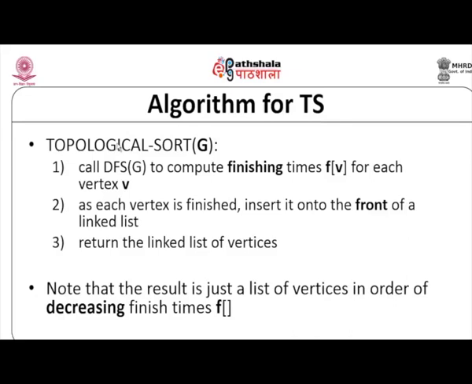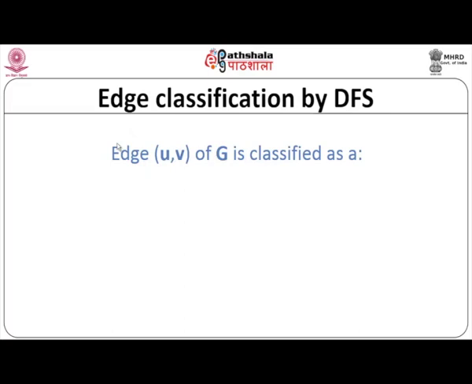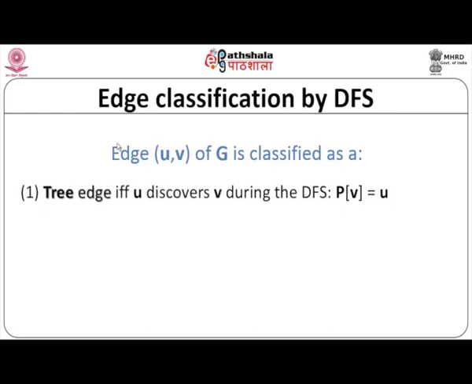So, decreasing finishing time. Okay. Now, let us look at what is this edge classification. Previously, we discussed what is a back edge, forward edge. I mean, we did not discuss, we just listed it. Now, we will discuss. An edge UV of a graph is classified as a tree edge if and only